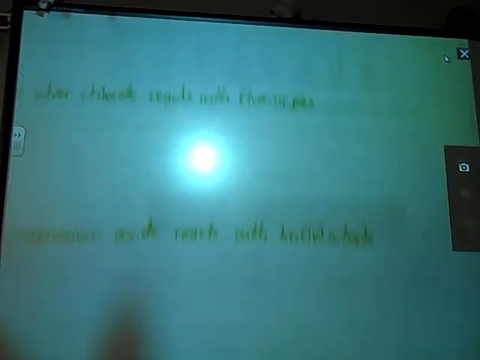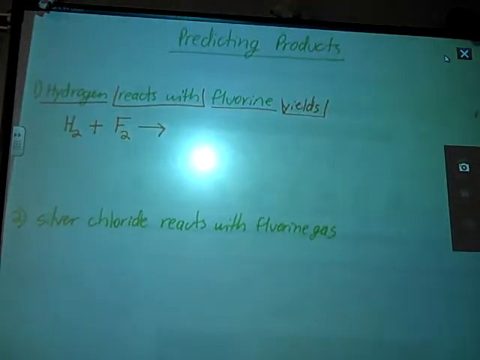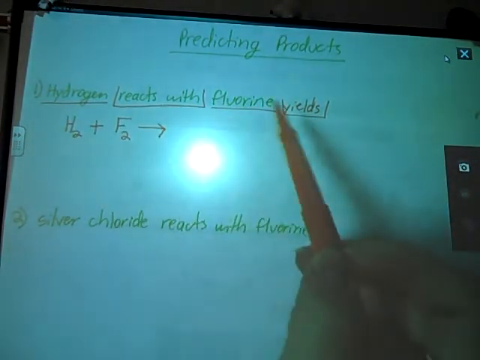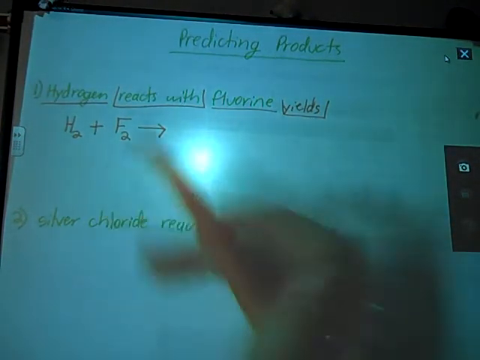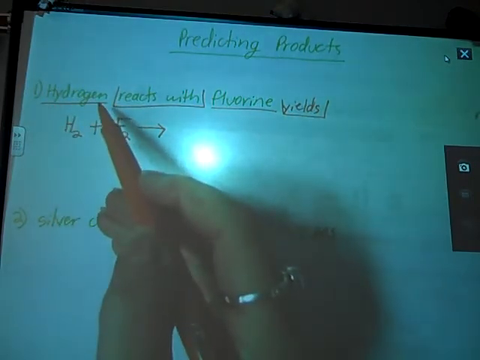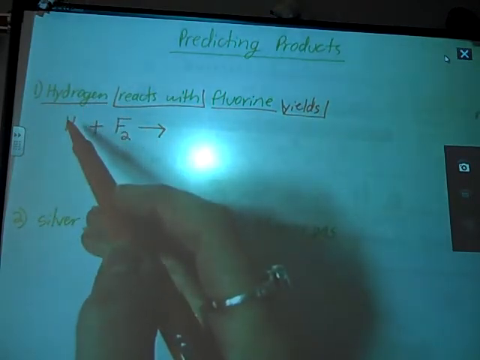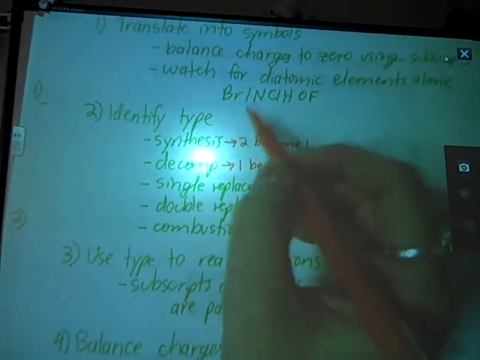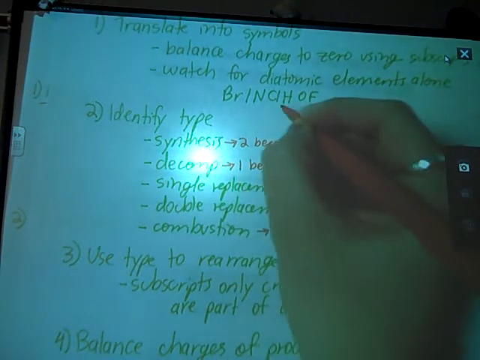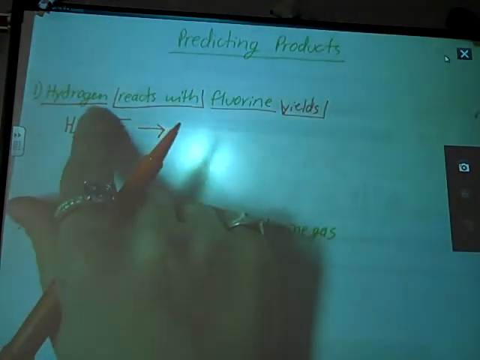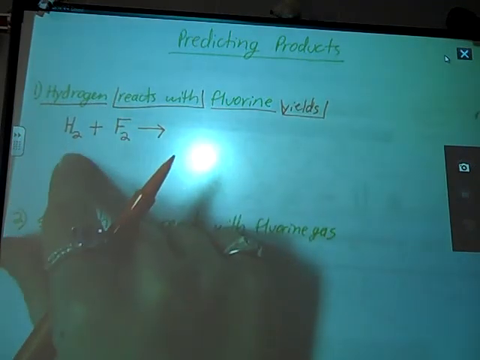I had to start this video over, so that's why there's already some writing, but I'll explain it nonetheless. So these are in words, so it's our job to come up with the symbol form. So, beginning, always a good place to begin. So, hydrogen, H, and right off the bat, it is one of my diatomic elements from my Brinkelhoff here. There it is. So, that means my H has to be bound to something else,